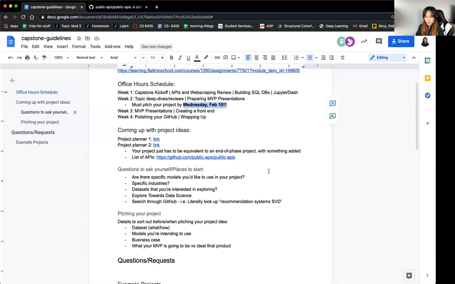Those are not the only two ways you can get data. I think those are the more straightforward ways, but also if you use a Kaggle data set, you cannot just use a Kaggle data set, you have to add something to it.